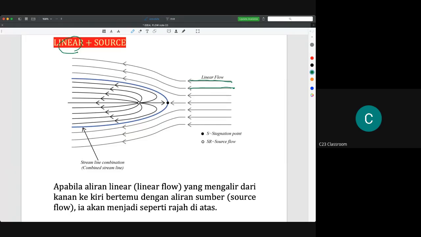Normally we will take the linear flow as a horizontal flow. Because previously when we discussed the linear flow, you may have linear flow like this one. It means that if we take linear flow like this, you need to take both the effect of U and the effect of V, because you purposely